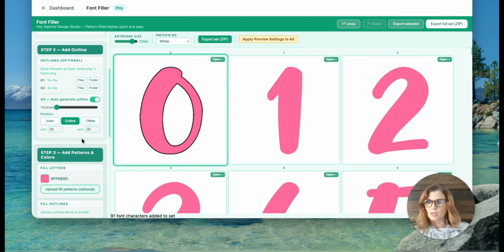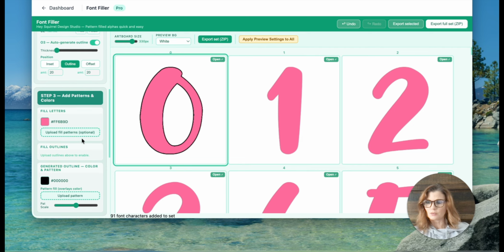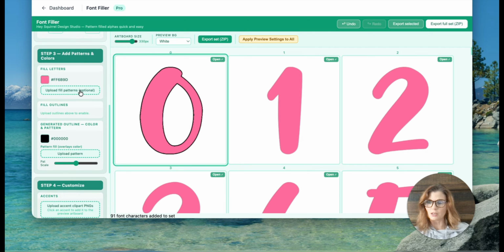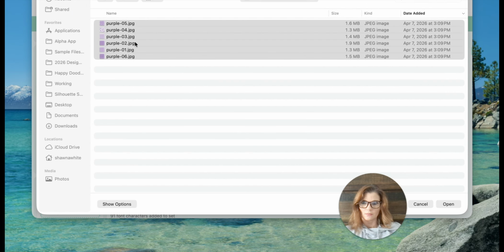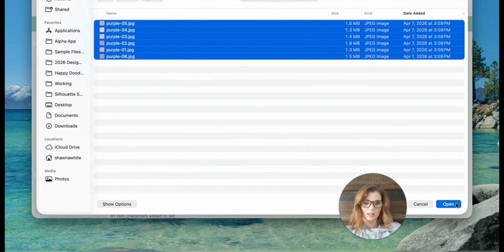So then you can scroll on down to where we're going to add our patterns and colors, and you have the fill letters, and you have fill outlines, but that's only if you had uploaded outlines. You would fill them here. And the generated outline you can fill with a color or pattern here. So I'm just going to upload some patterns. So you will click on the upload fill patterns and then select them from your computer. Okay, so you're going to select your patterns and then click open,